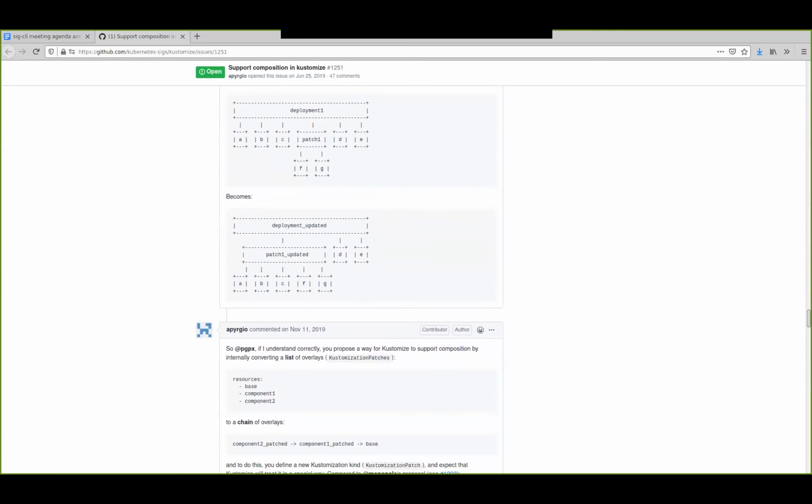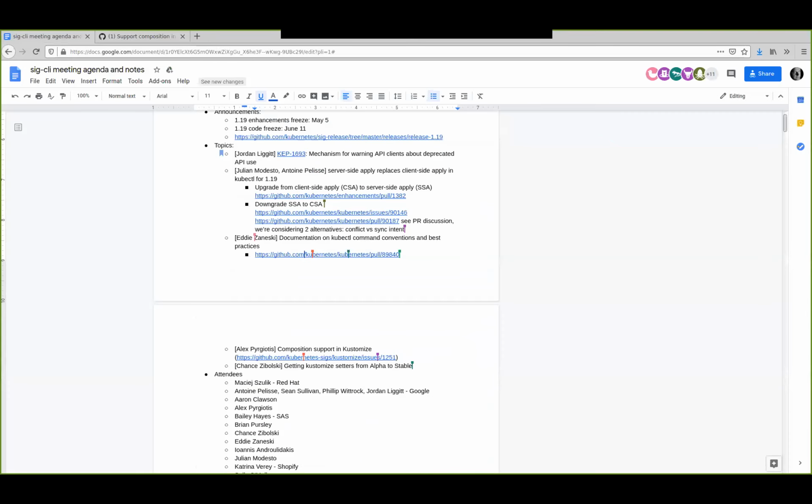The second pattern customize is used for a lot is this sort of variant approach where instead of composing the same thing many times and kind of expanding it into multiple instances that are logically different and running next to each other, you have maybe a single instance of an app and then you want to customize it for different environments. And so these would be like variants. You have prod, you have staging, and then those would be different customize targets. And so the case this issue is addressing is the first one.